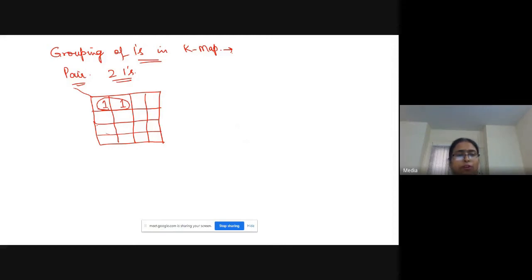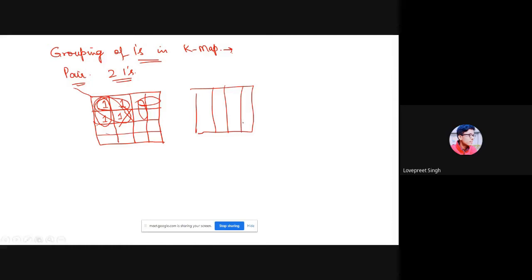Adjacent ones will form a pair in a row or in a column. This is also a pair, but diagonal will not form any pair. Just a row or a column. Clear? Is it clear? Yes, ma'am.